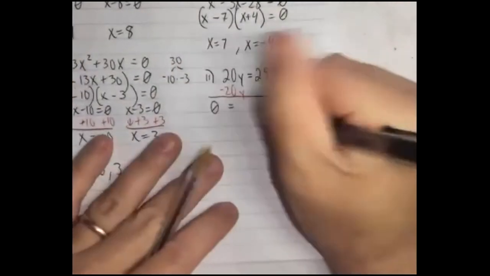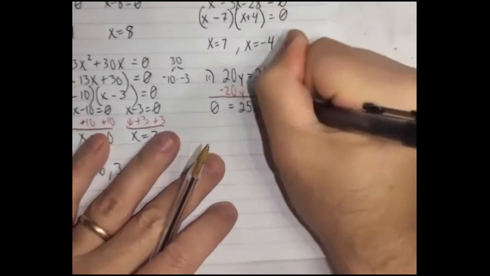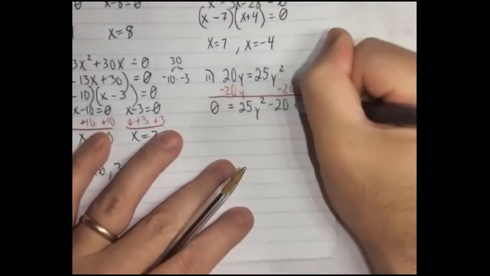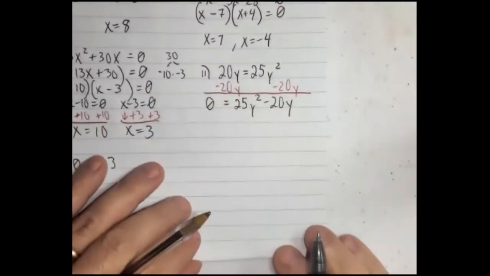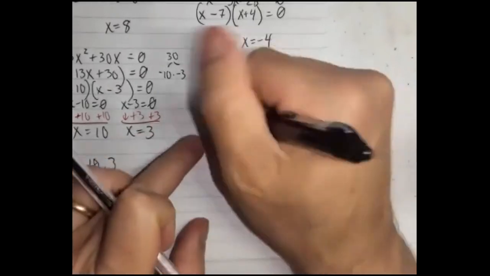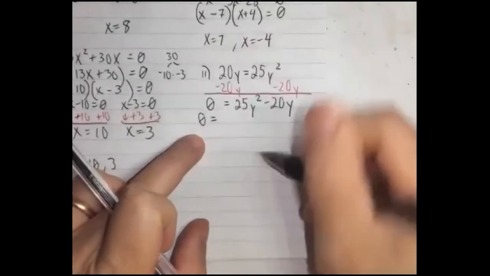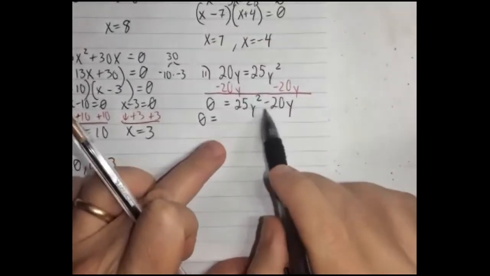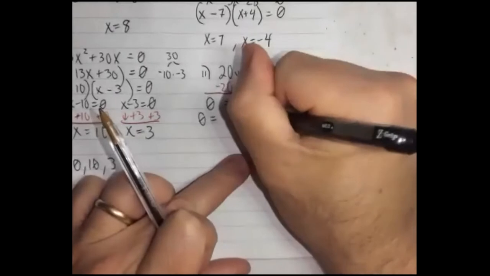So it's going to look a little bit different, but as long as I have 0 on one side, that's what I need. Right? So now before I try to factor this, I need to factor out a GCF. They're both multiples of 5 and they both have a y. So I'm going to pull out a